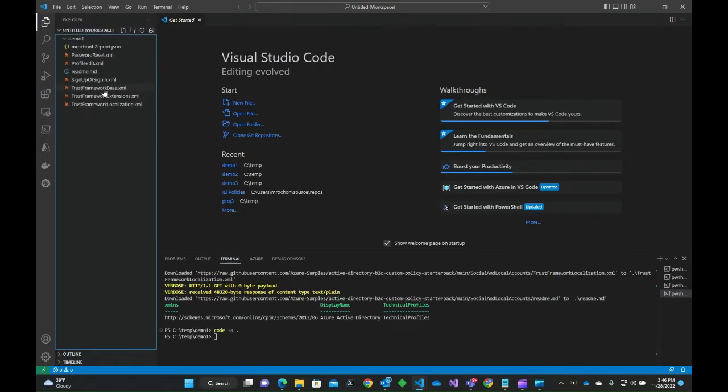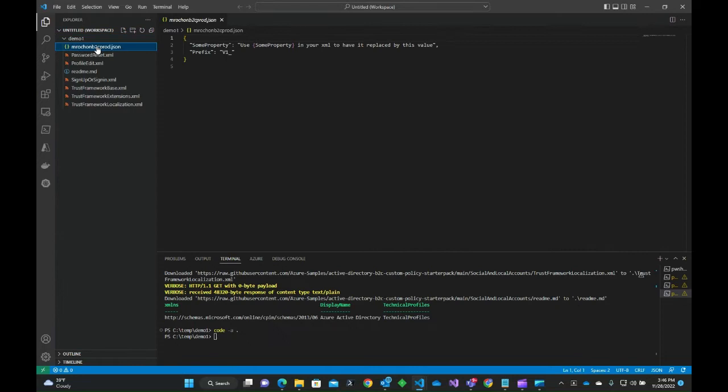And there they are. All these XML files came from the B2C Git repository for starter packs. And then this file was created to provide space for some variable parameters, which we'll be using as we go along. Now, I can obviously import these files